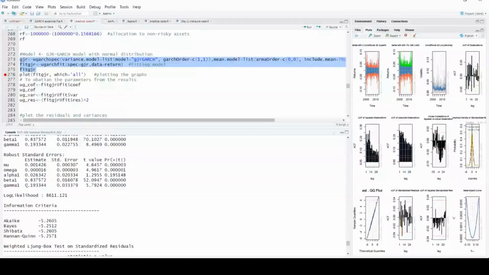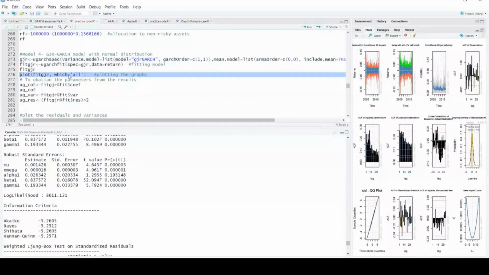Okay, the rest of the things I'm not reading again because I hope you understood what alpha, beta, omega, mu are. Only gamma I'm reading. In the variance equation, we have a gamma and its coefficient is positive and significant. That says that we have the leverage effect. That means bad news impacts the market more sharply than good news. Or you can say the market reacts to bad news in a much stronger way than to positive news.